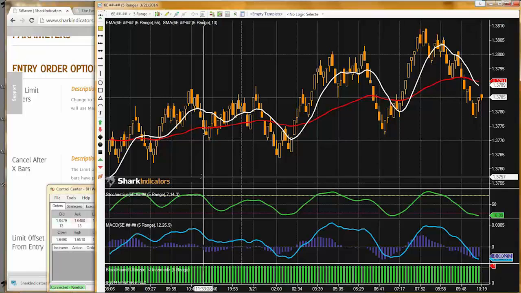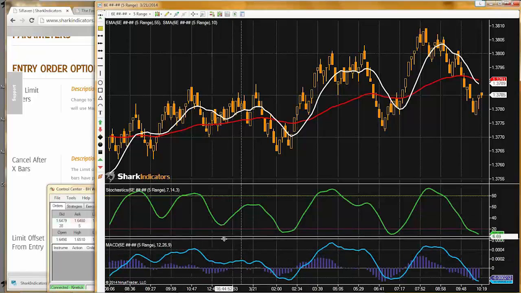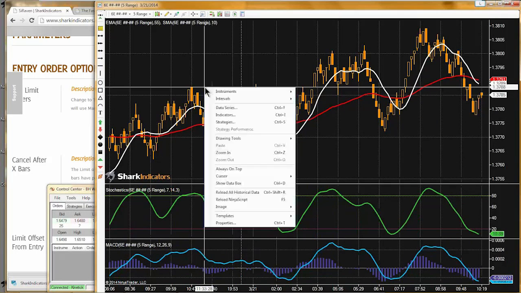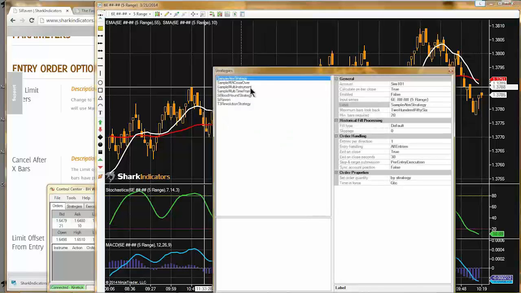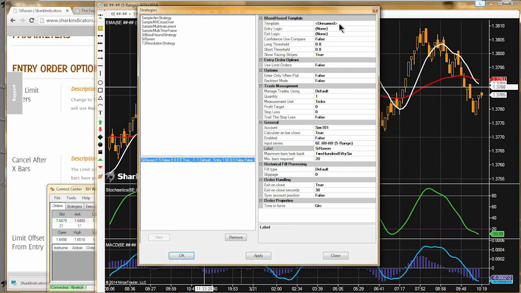To help eliminate confusion, I'm going to remove BloodHound off of this chart. The reason I removed BloodHound off the chart is because Raven will add its own BloodHound to the chart. Now you can see as I right click on the chart, I can go into strategies, and there's Raven. I'm going to just double click on it, which brings it down here to the bottom, and now I can